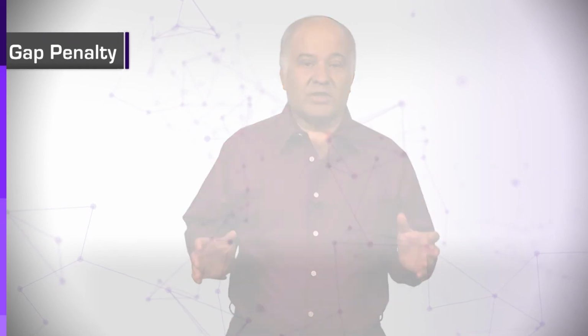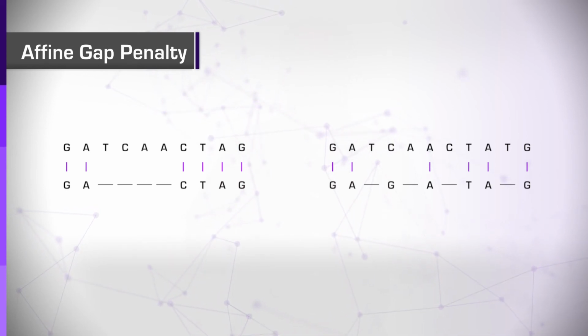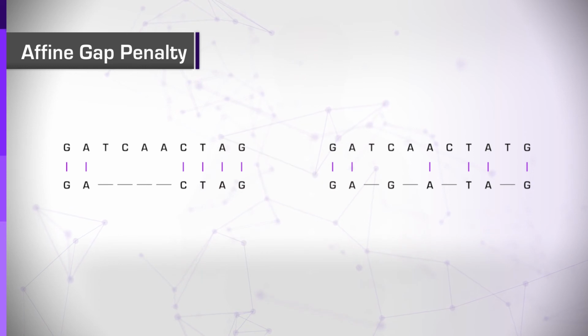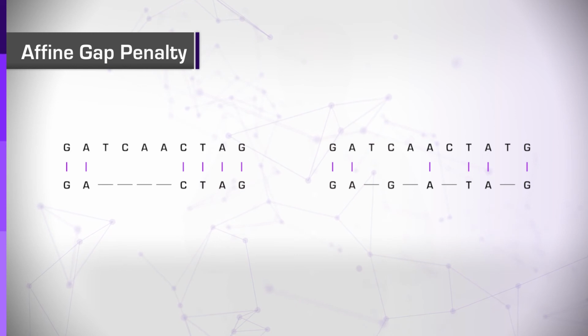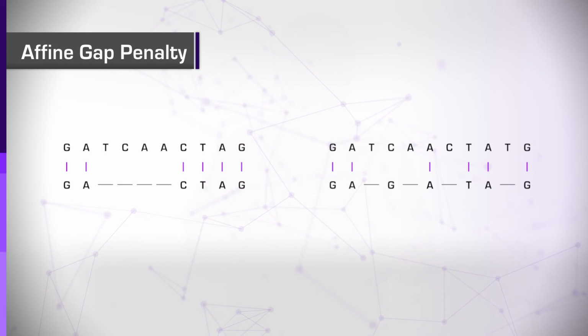In the alignment we discussed, one gap of, say, 4 nucleotides has the same cost as 4 gaps of 1 nucleotide each. However, from experiment and from bioinformatic analysis, we know that this does not reflect molecular reality. The probability of a single genetic event that will lead to a loss of 4 nucleotides is much higher than the probability of 4 separate genetic events that will each lead to the loss of a single nucleotide.